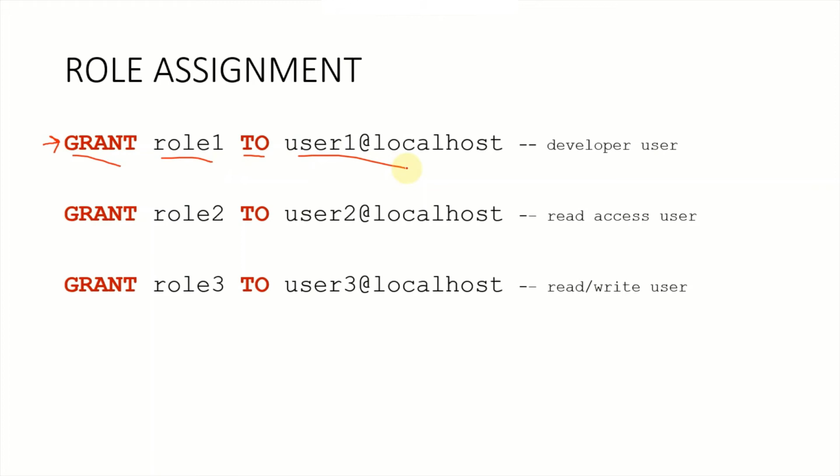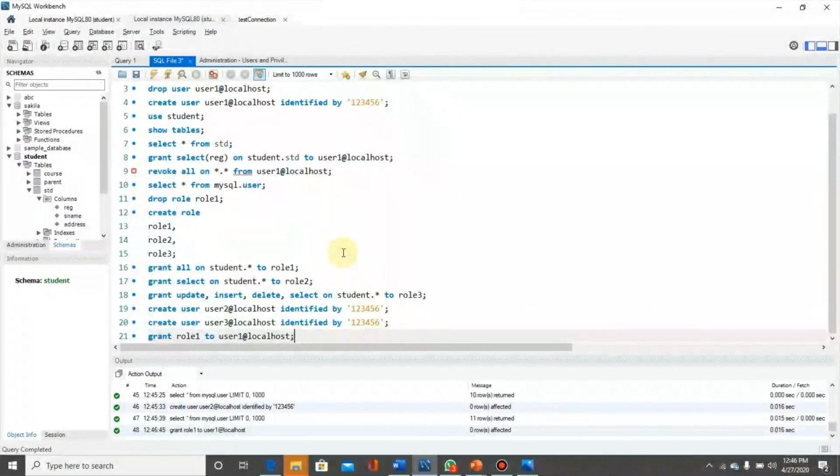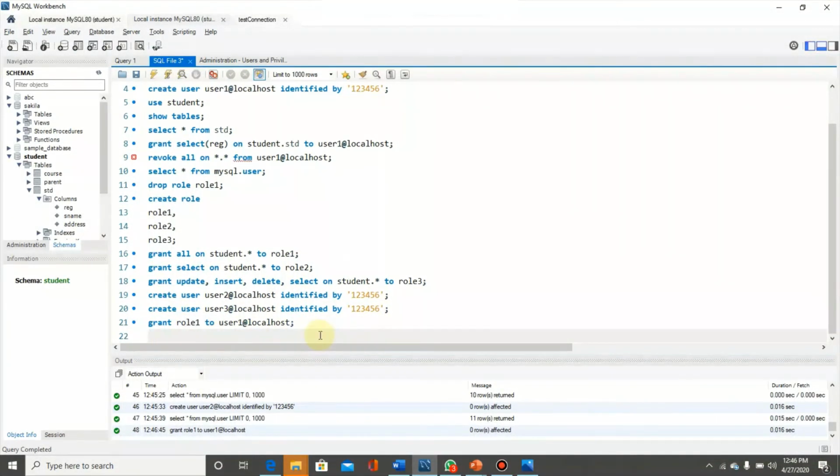So we are assigning role 1 to user 1 and role 2 to user 2 and role 3 to user 3. Grant role 1 to user 1 at localhost, the role 1 has been granted to user 1.